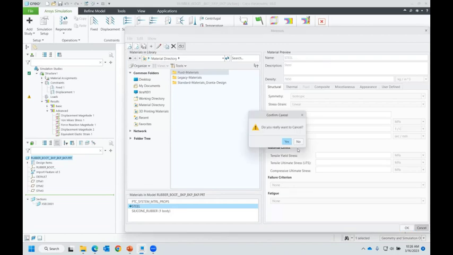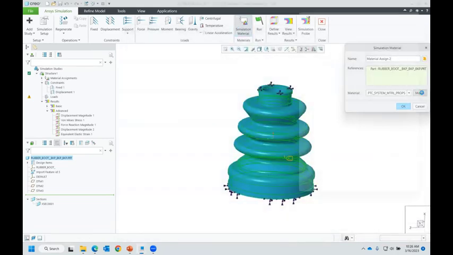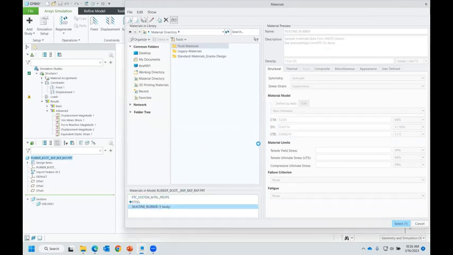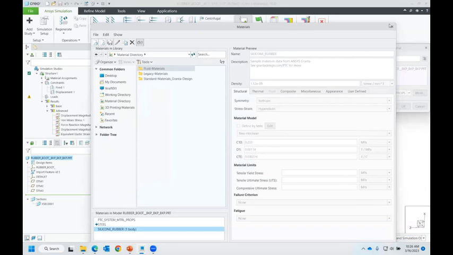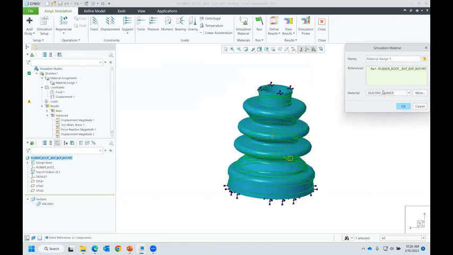I'm sorry, I did it here. Yeah, I assigned it here. Or I assigned it somewhere. I'm not sure why I'm not. Oh, here, let me do this again. I'm going to cancel. I did it here. It's recorded in my tree. I'm sorry. So, redefine silicone rubber,